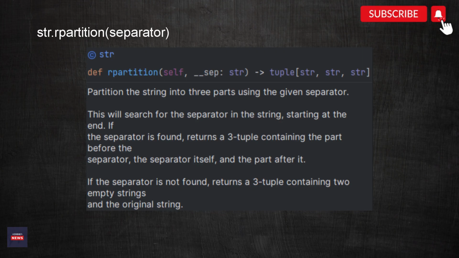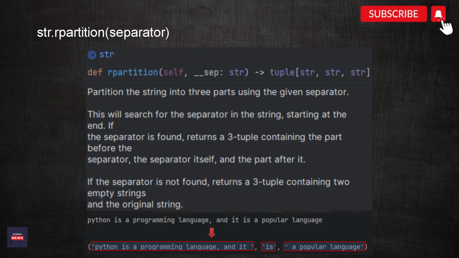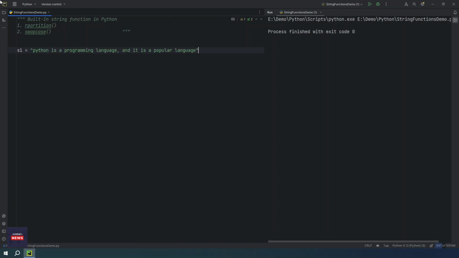What is the rpartition function? The rpartition function searches for the last occurrence of a specified thing and splits the string into a tuple containing three elements. You know tuple. Tuple is a built-in type in Python. I have one string with me: Python is a programming language and it is a popular language. If I print it,